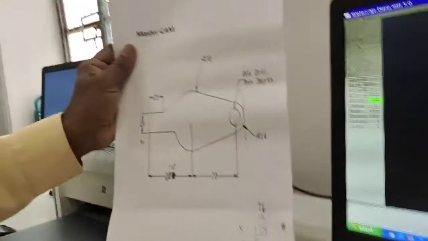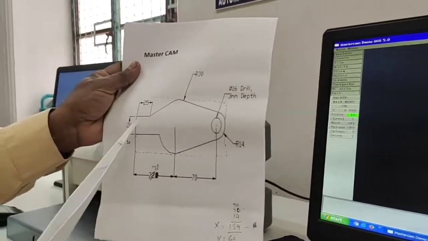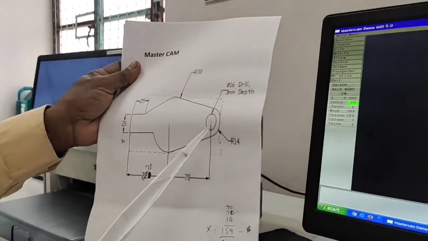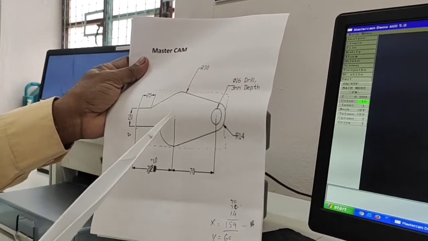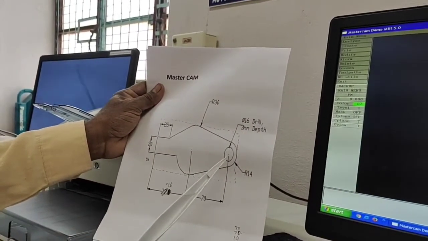Here I already told what the functions of the main menu, sub menu, working area and dialog box are. Now we see how to draw the drawing, which is your simple experiment. In this experiment, there is one profile. Profile means these outlines. There is one drilling option available. Within this drawing we could include pocketing, rectangular pocketing and circular pocketing, but in this drawing we only have the drill option.